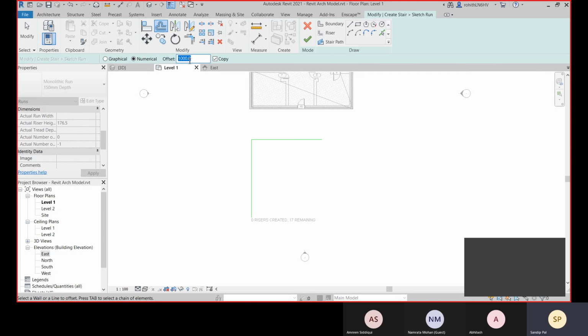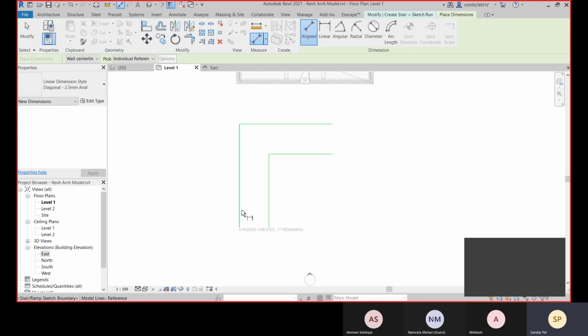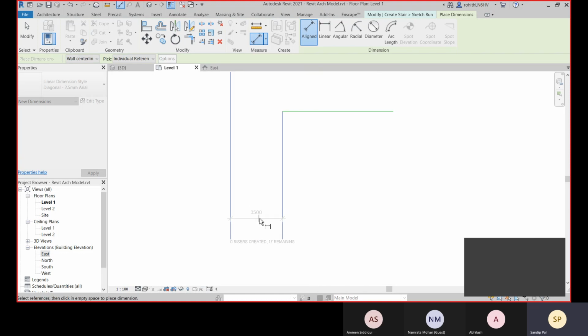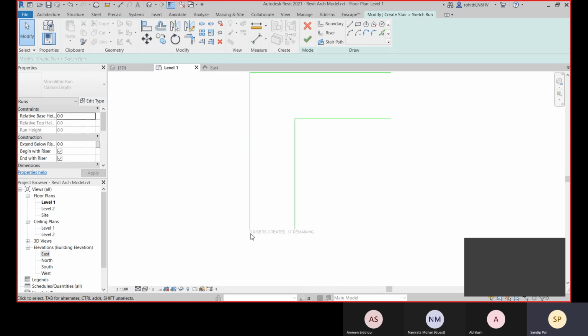Like offset you can define 3500. Trim it, and check the dimension, that is 3500. Now we will not close this.